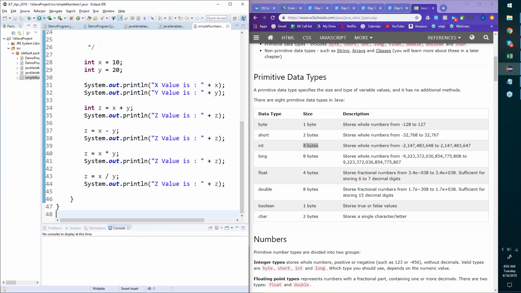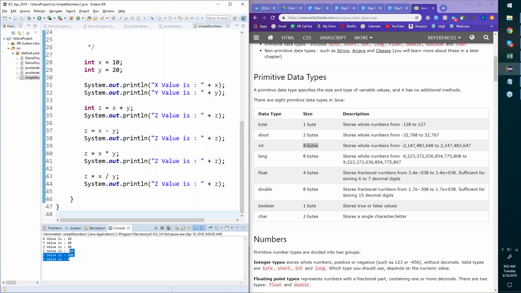So let's run this. X value is, Y value is, see, Z value each time I'm getting different things: adding it, subtracting it, multiplying it, dividing it. And the reason it is not giving me a proper number for this is because it doesn't have the decimals in it. Now, if I create a double